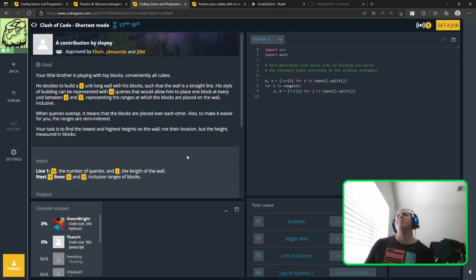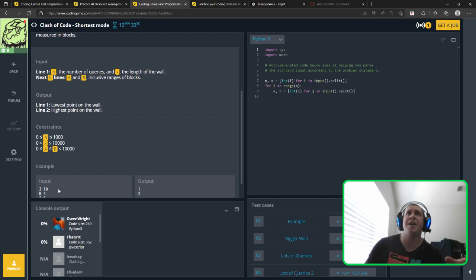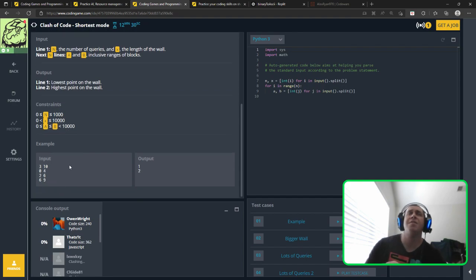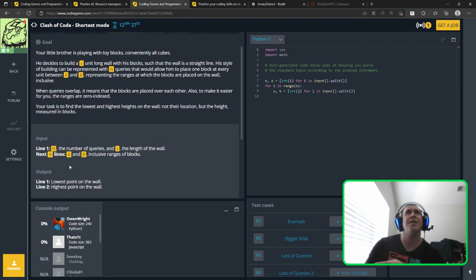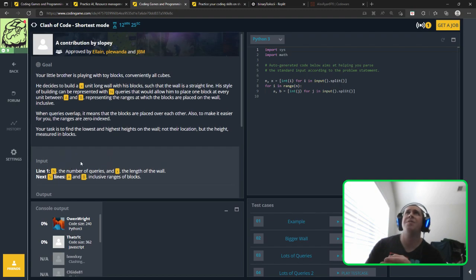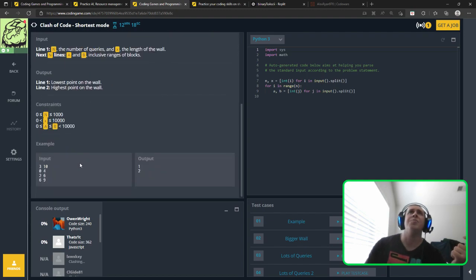So we're working with a minimum and a maximum. Build an X long. So for this one, it's a 10 block long wall. So between A and B, so between 0 and 4, there's a block. Now between 2 and... Oh, okay. So actually, what we could do is we could make a